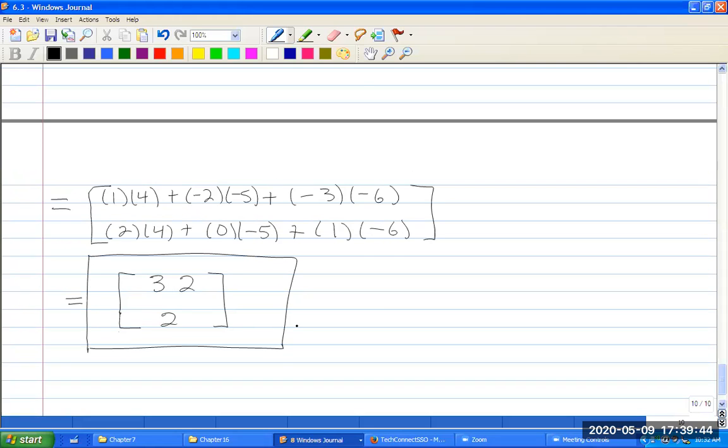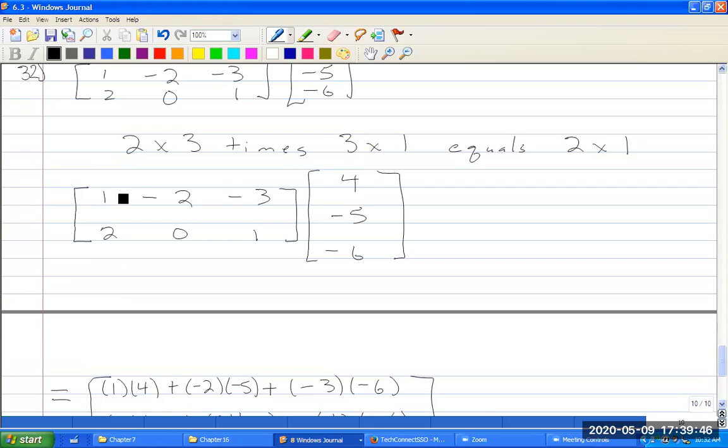And that is your answer. You basically find the dot product between this vector and this vector, and between this vector and that vector. So that finishes off section 6.3. Let's go on to section